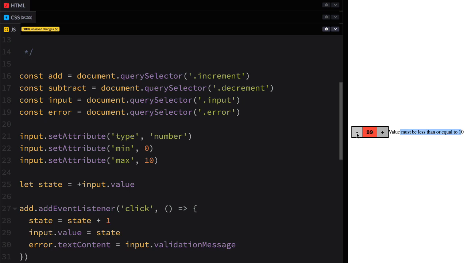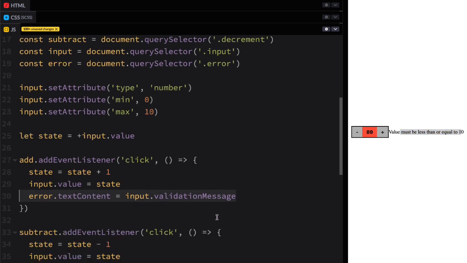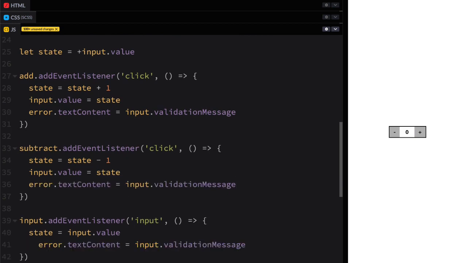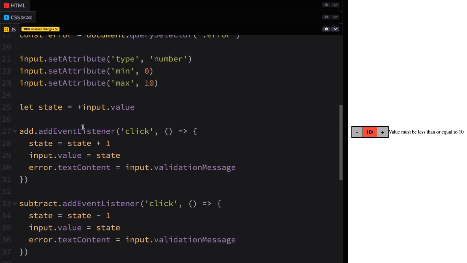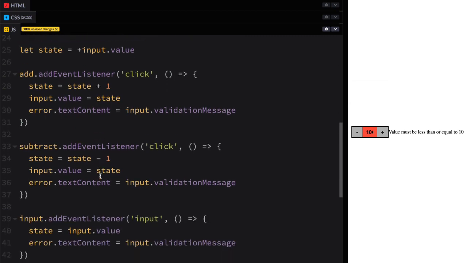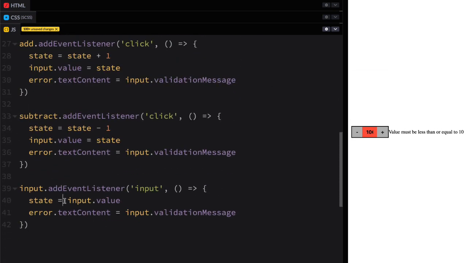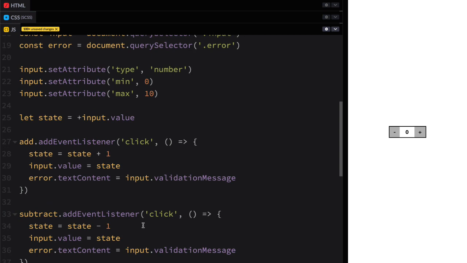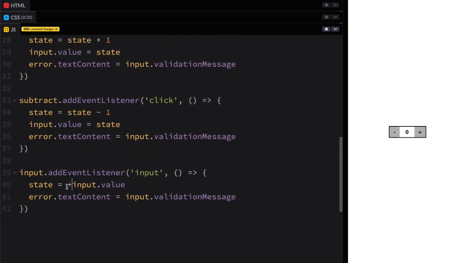In fact, it's doing something very weird. That's so weird. We can look at that in a second, but let's go and add this down here and right here, so that if I go up, come on, there we go, up to 10, one more, one less. Why is it doing that? So I have some funky business going on. This one plus input value state plus minus. Oh, right, because